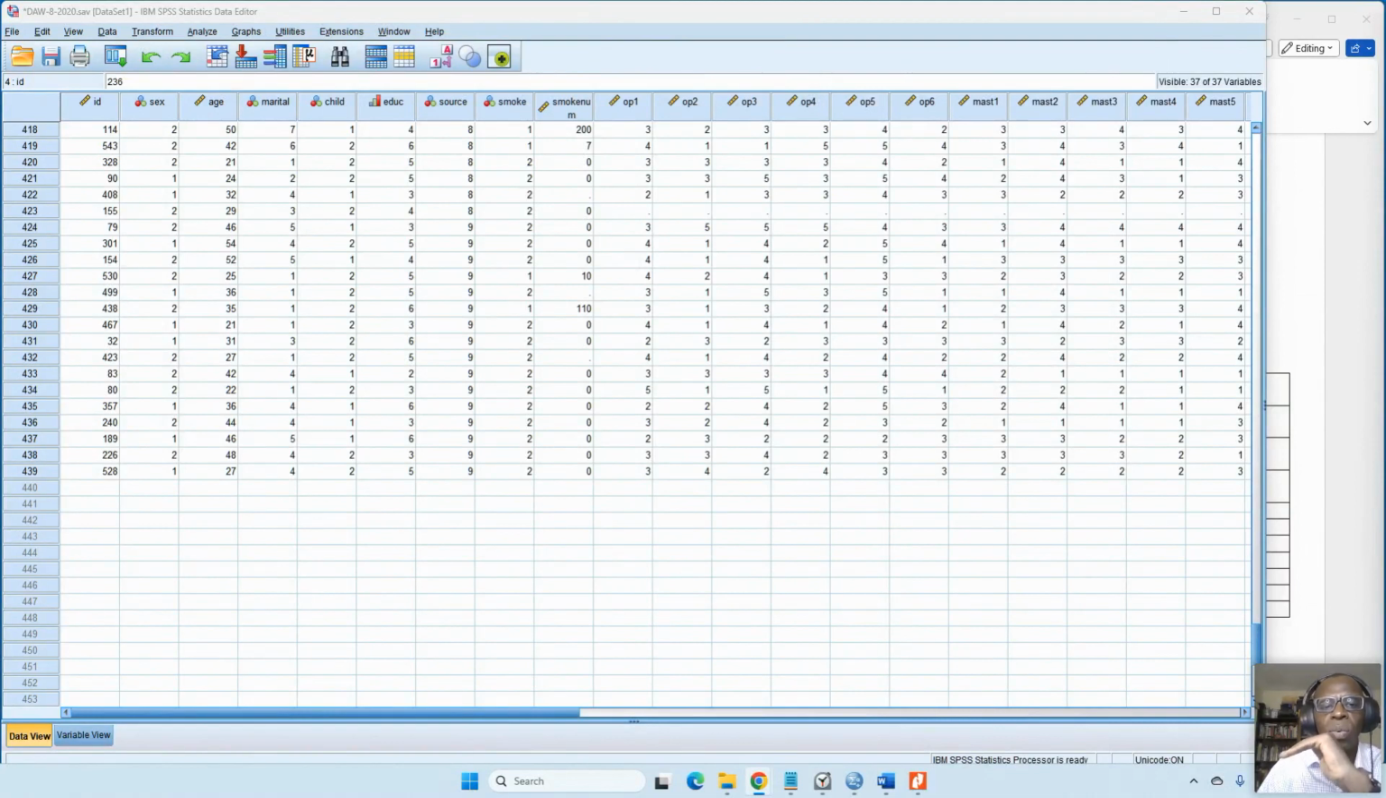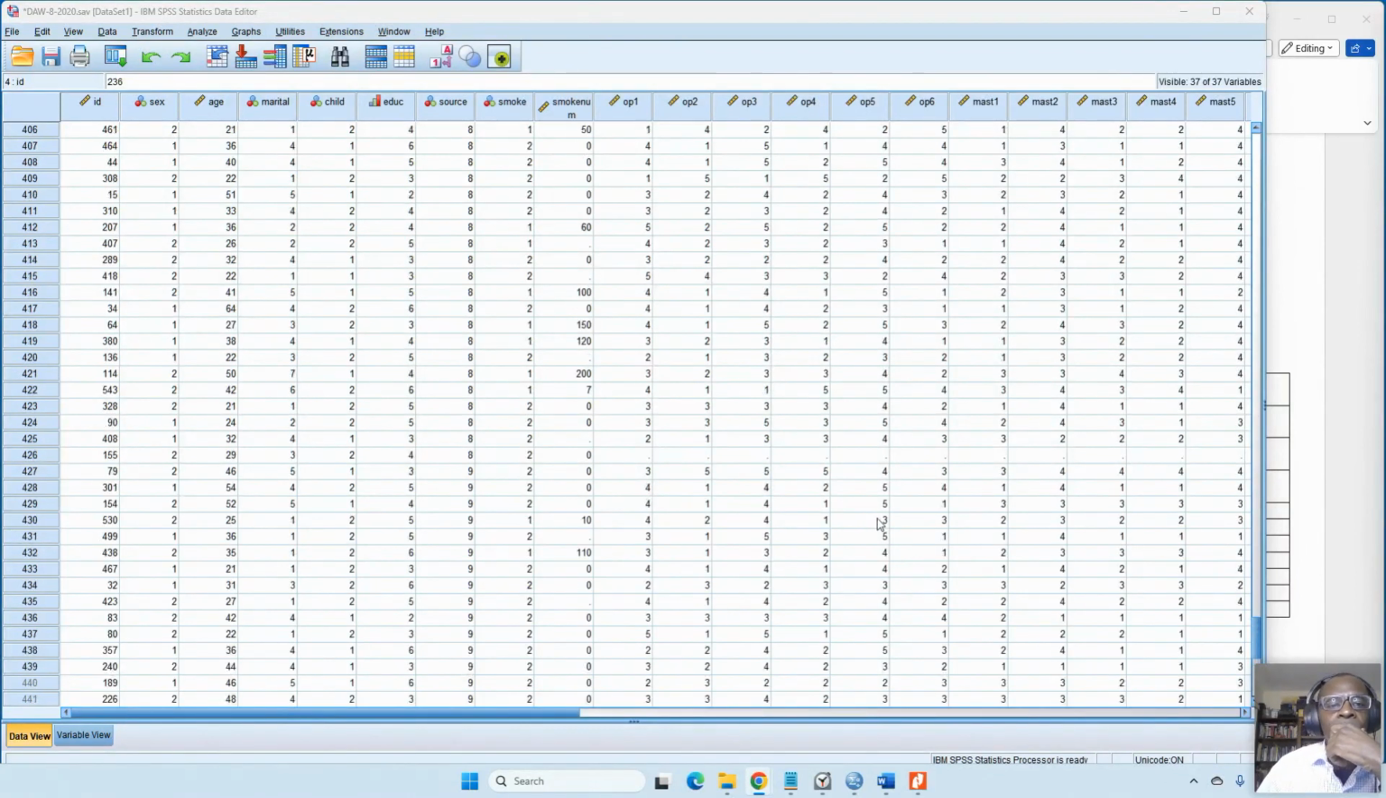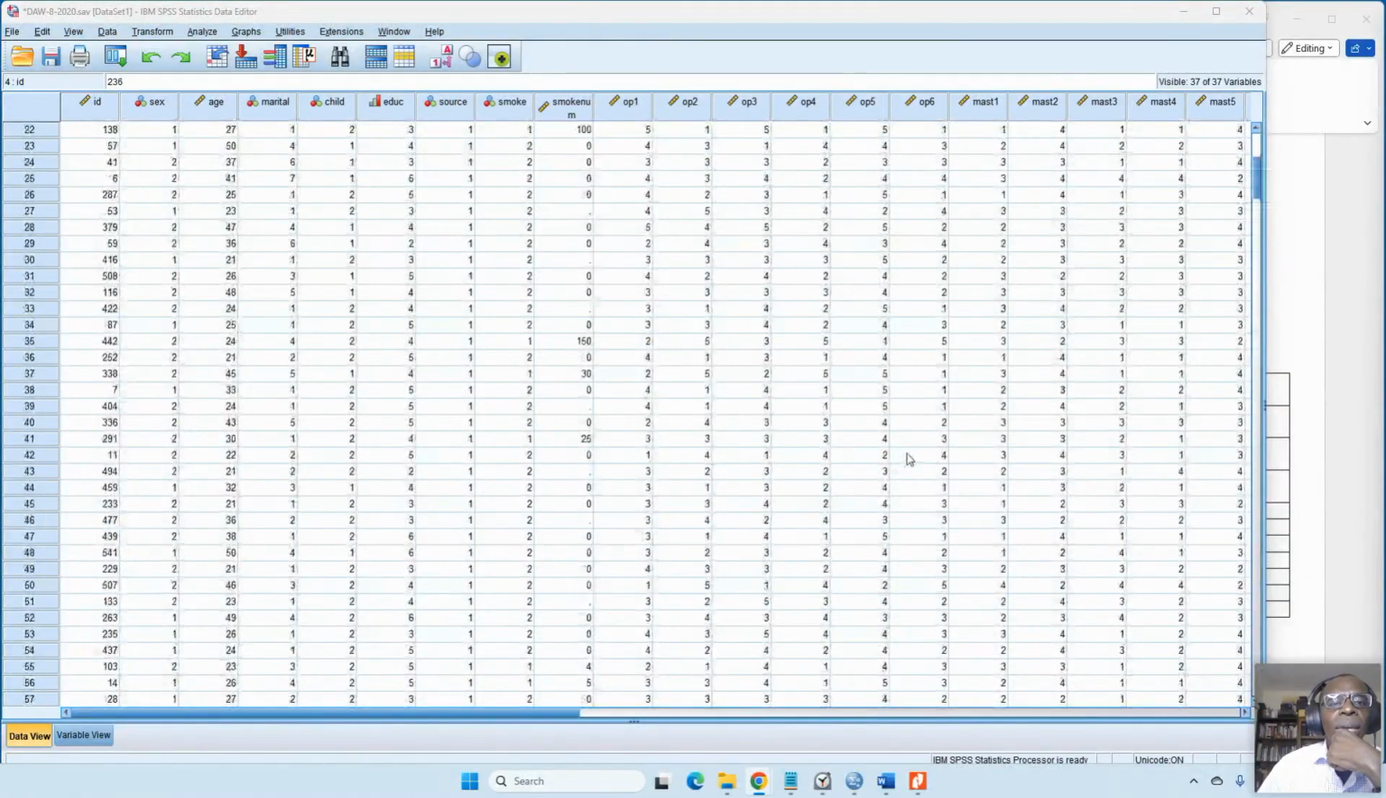And the reason why you want them all to have the same N is because you don't want someone to say, well, maybe the reason why your results are different is because you had different people in the different analyses. But if you have the same people in all of your analyses, they can't say that. Okay. All right. So what we're going to do is we're going to say, hey, we have to